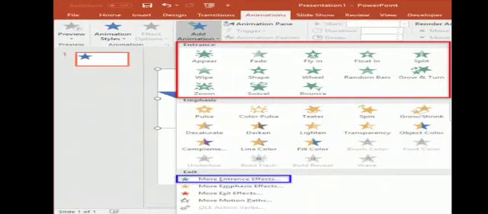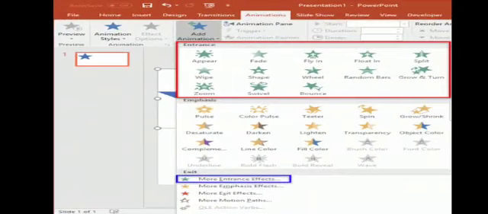Now the last one is the exit effect. These effects control the manner in which the object exits during the slideshow, meaning disappear, fade, fly out. So entrance is there for how the object will enter. Exit is there for how that object will leave the slide. Emphasis is there to show a change in size, color or spin. Motion path is there so that you can apply motion on that object. So these are the different types of animation that you can apply on your object or text.